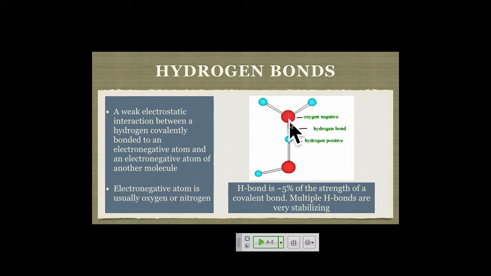So in these water molecules, should water be a liquid at room temperature? If you compare it to other molecules like CO2 and such. No, it's a liquid because of the hydrogen bonding. It forms this lattice structure and has enough stability to actually be a liquid at room temperature.